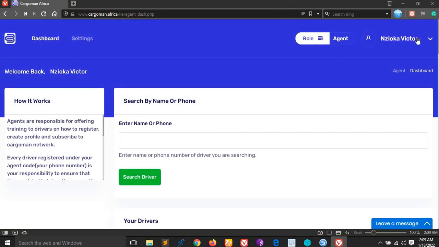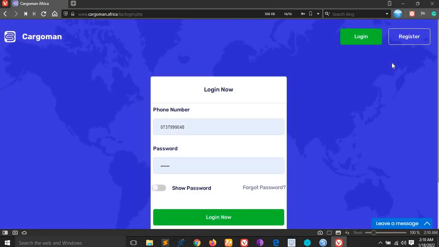The first thing, let me expound on this. This system is the simplest system to use in transportation, because you are not going to spend time on this thing, and you are going directly to get the contact of the person who is around you and who is trusted and who can help you carry your goods. In another way,